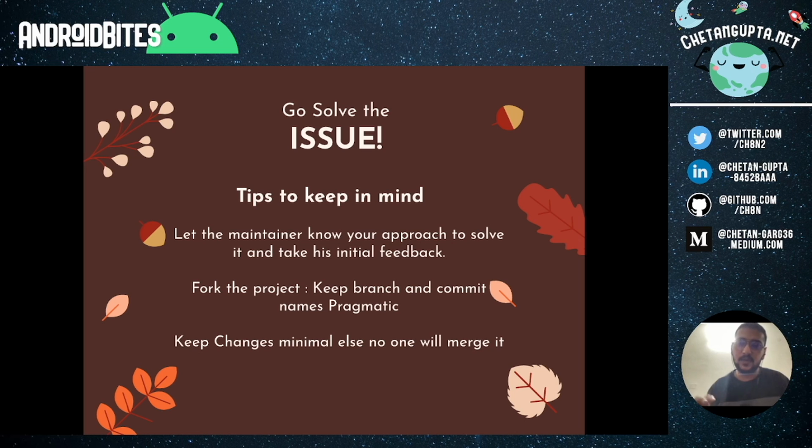If you are able to figure out that if rotation is happening, this value is not getting persisted, that's why x has become y. So now you have the reason why the issue was happening. Now instead of putting that value into the view model and being done with it, you should go and ask the maintainer, hey, I have figured out the issue, it was because of this variable not getting persisted.